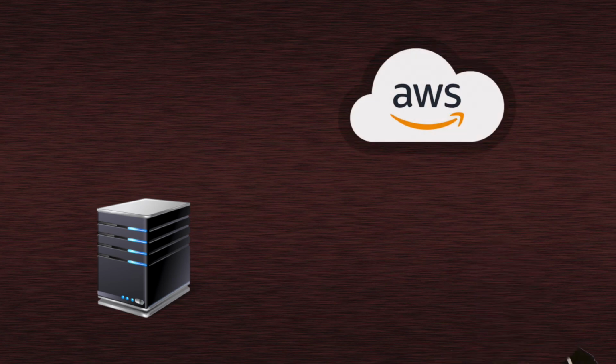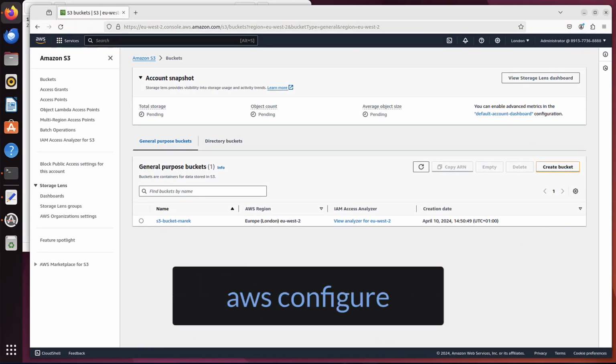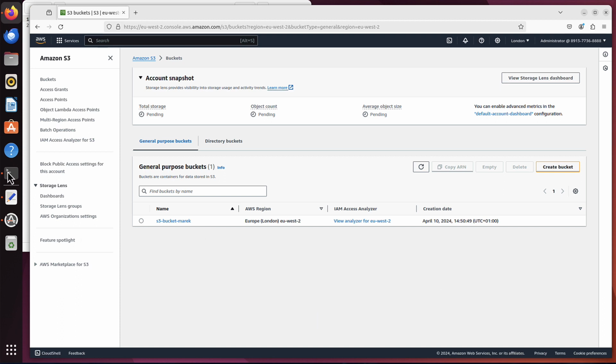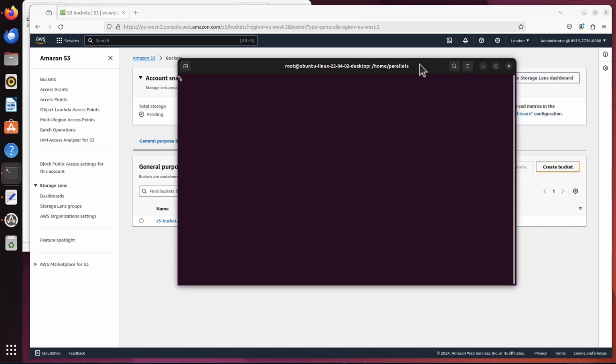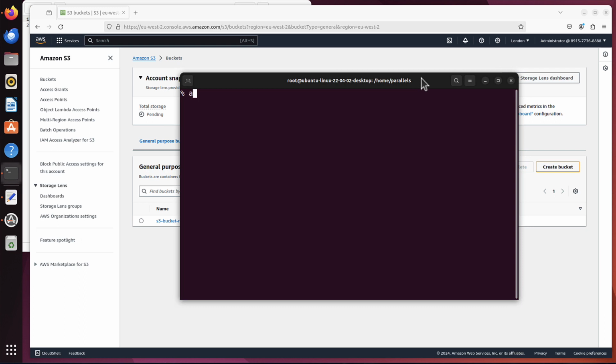First, your server needs to be able to communicate with your AWS Cloud. And using AWS Configure is one of the options. Let me open my terminal. This is my server, this is my local server at home, and we can type AWS Configure. Now we can use credentials for the IAM user, and how to do that exactly we discussed it in one of the previous materials. The link should be displayed right now.